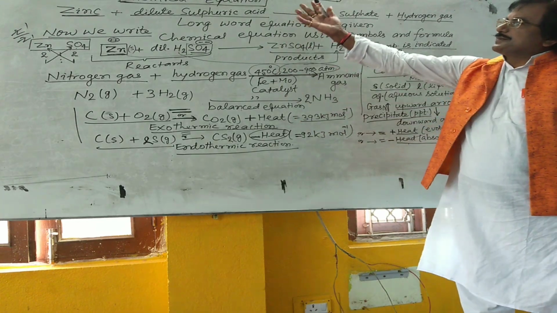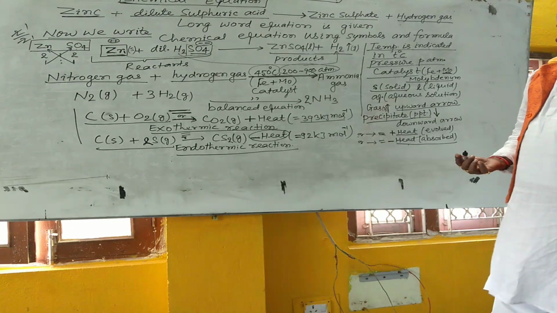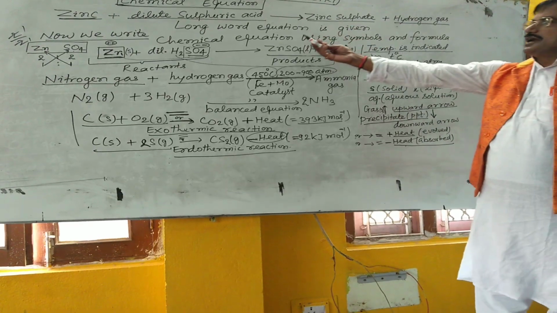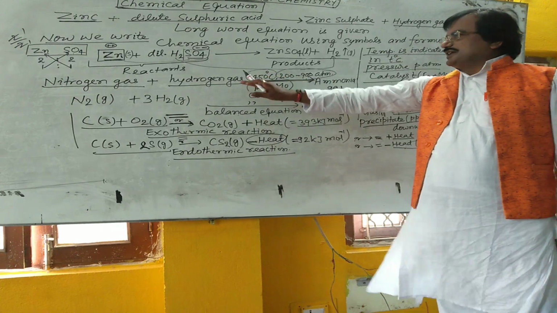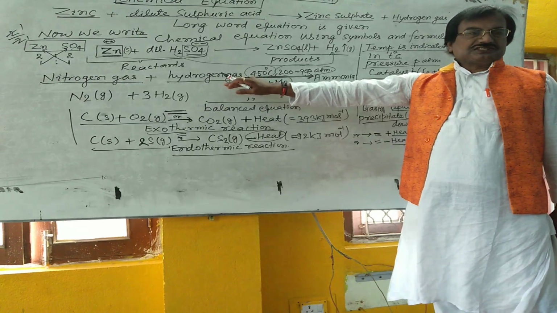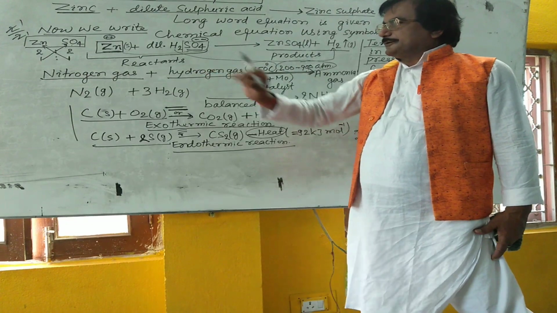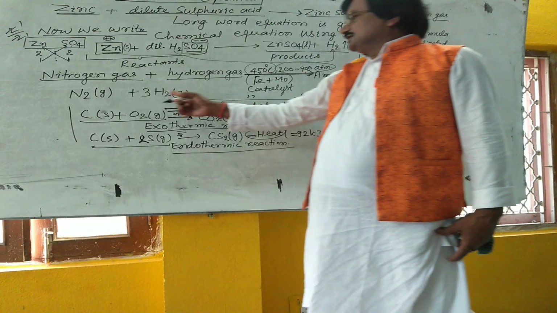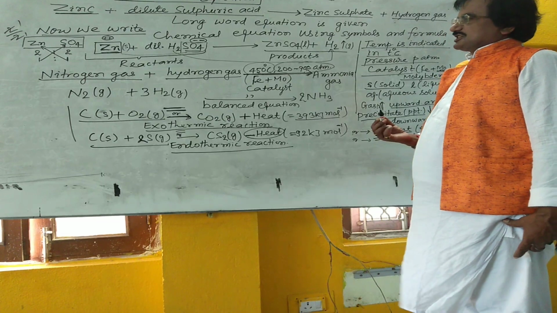This is about how a chemical reaction is written and what is the need of a chemical equation. The word equation can be converted into a chemical equation. So much information during the chemical reaction can be written, at which point and which symbol is mentioned, and how the equation can be balanced. It is made balanced here, but the rule of balancing is discussed in another class.